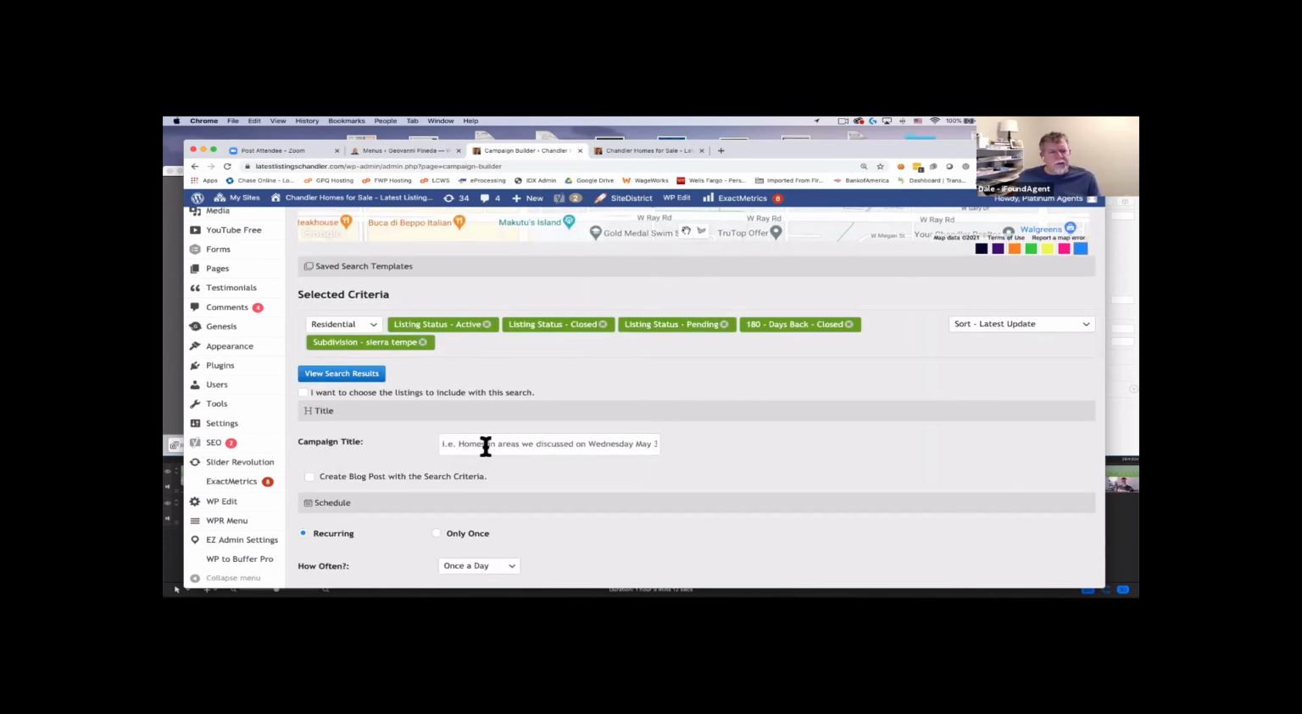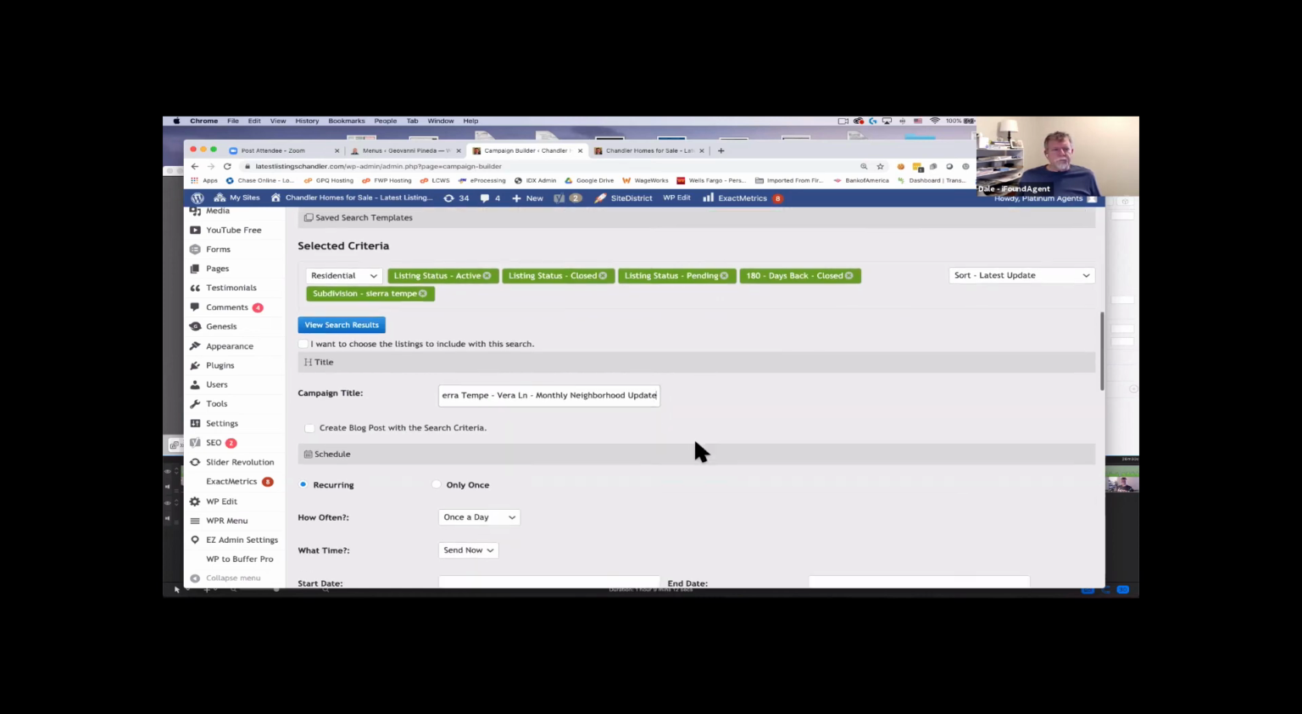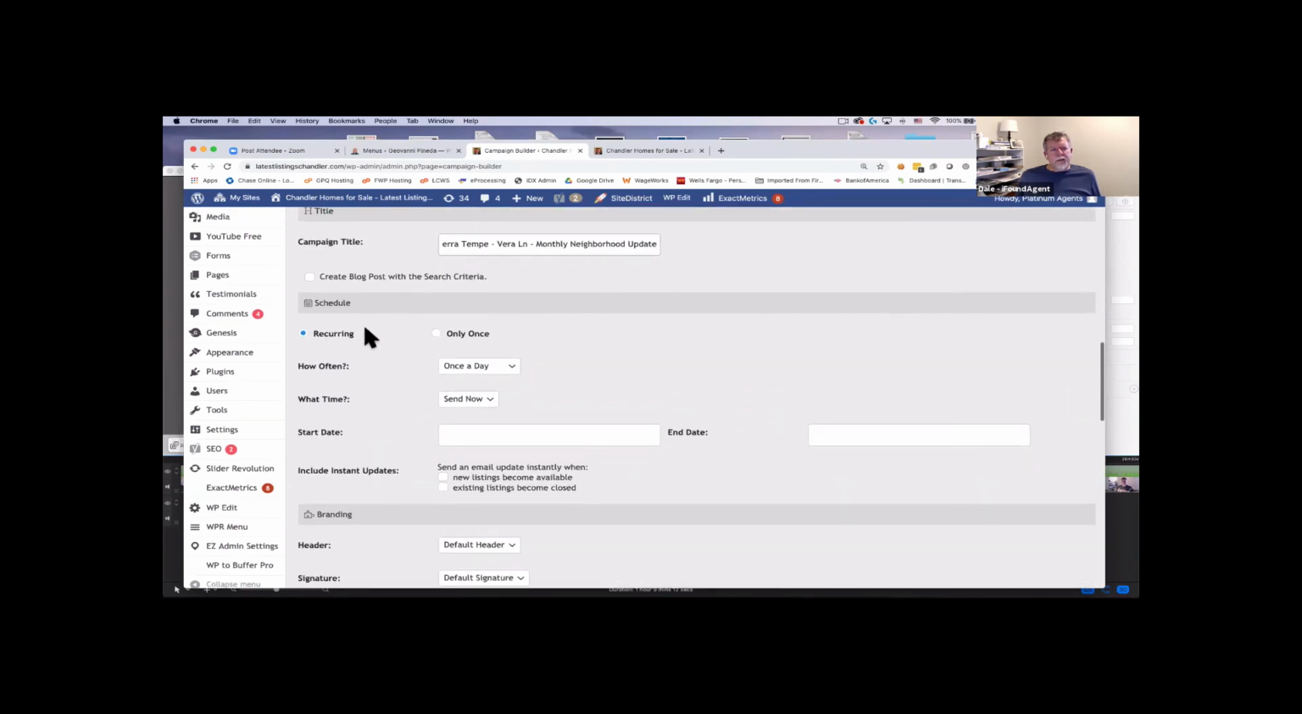So campaign title, I always put some version of Sierra Tempe, Vera Lane, monthly neighborhood update. Now, this is not a naming convention for you. This is something that's visible to your customer, your contact. So make this a readable message. Sierra Tempe, that's a subdivision, that's my street, and this is a monthly neighborhood update. Next, I want to schedule,